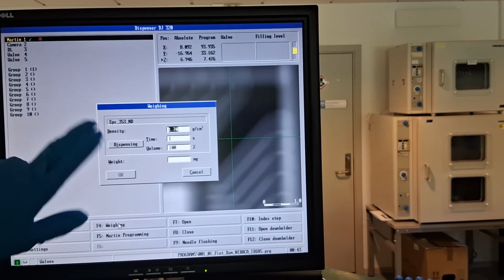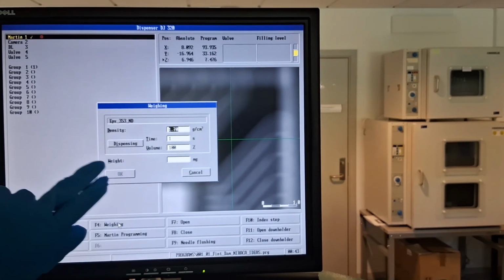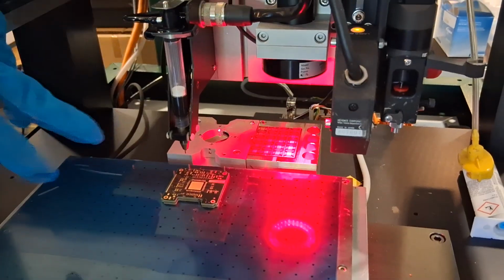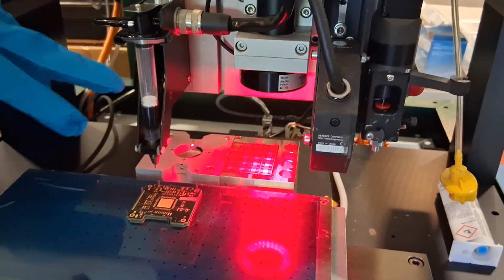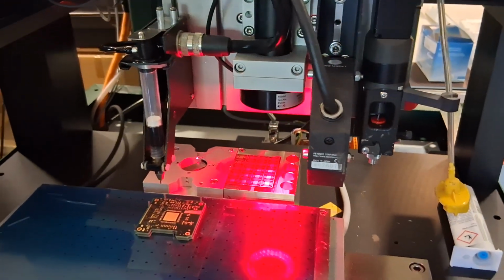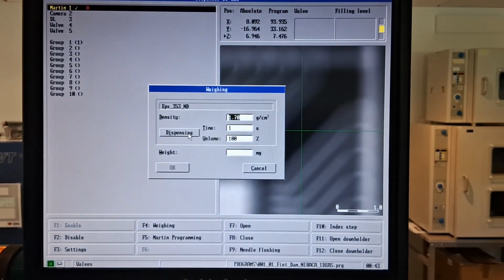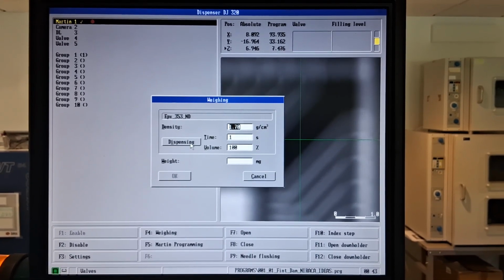This is the way to check: we can set the density and ask it to dispense a particular gram per cubic centimeter, for different viscosity materials. We need to do that when we are introducing a new material, but right now I just use this two because we haven't used this syringe for a while. So I just want to push out the